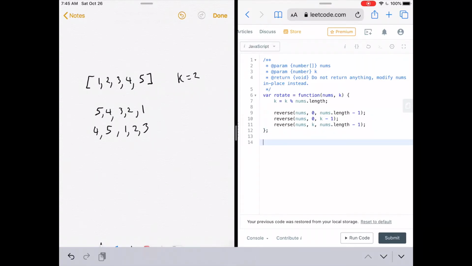So now we just have to quickly implement the reverse function. So var reverse equals function. It accepts the array we want to reverse, the starting index, and the ending index. Okay, so we'll just do while start is less than end. We need to have a temp variable to hold the first element. So let temp equal nums start. Then we have to replace that first element with the last element. So nums start